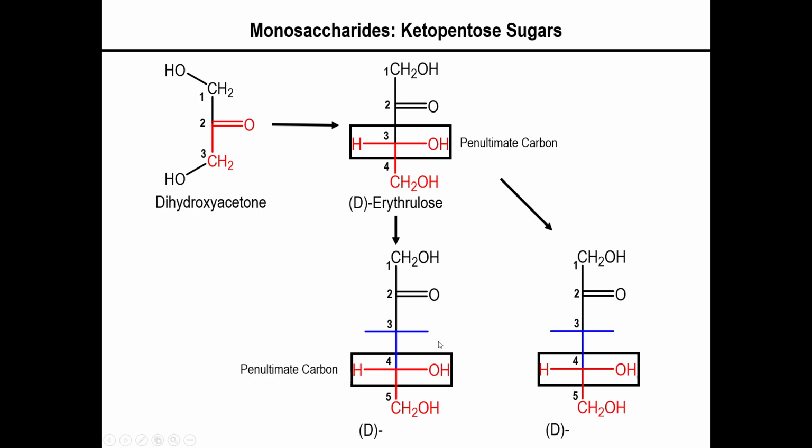All right, and then all you have to do is simply go through the 2 modalities, right? On the left side, I'm just going to put the hydroxyl to the left. On the right variant, I'm going to have the hydroxyl to the right. And these 2 D sugars have their own names. They both derive from erythrulose, but because of that one epimeric difference, these 2 sugars have different names. The first one is called xylulose, and the one on the right is known as ribulose,